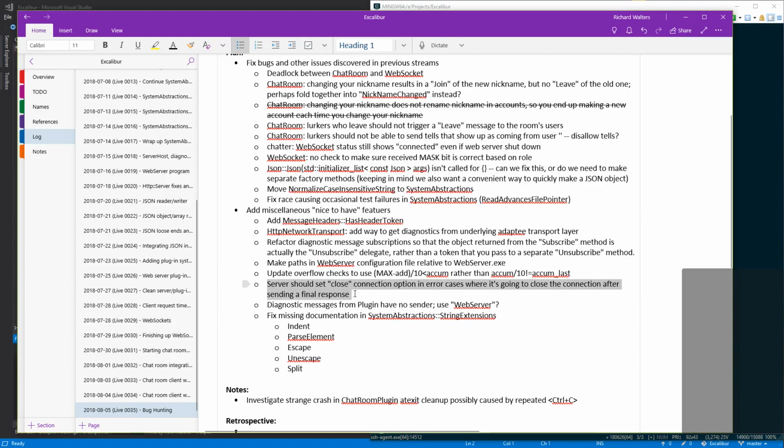Although this one's sort of technically a bug, but documentation's always nice to have. Okay, has header token.